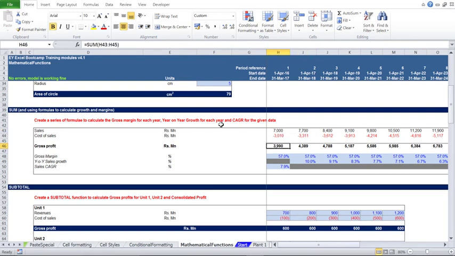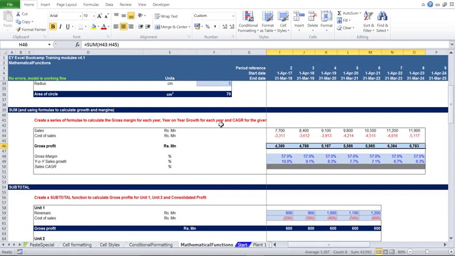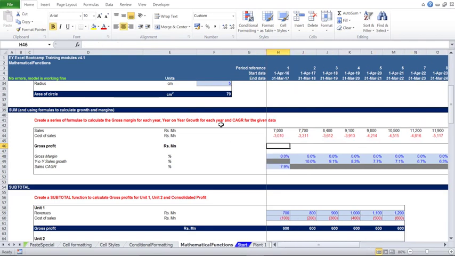Gross profit is nothing but a sum of sales plus cost of sales. Now, since cost of sales is a negative number, we can say that essentially we are subtracting the cost of sales from total sales. To achieve that, let's delete this gross profit calculation. We say equal to